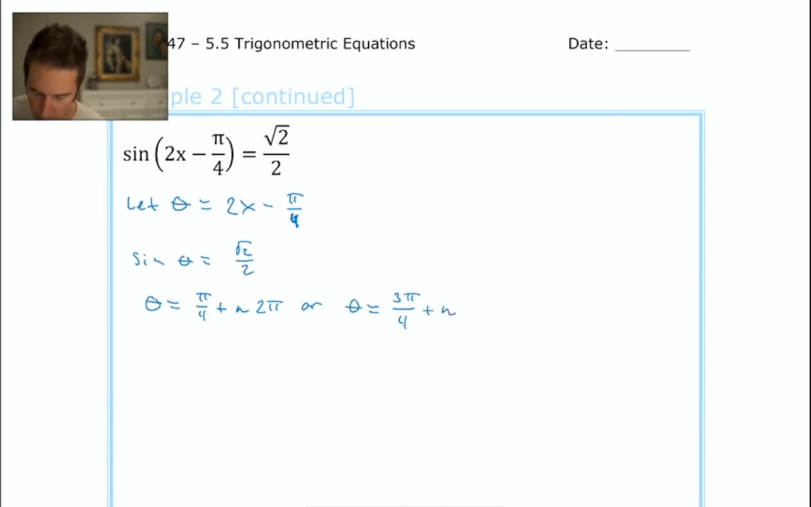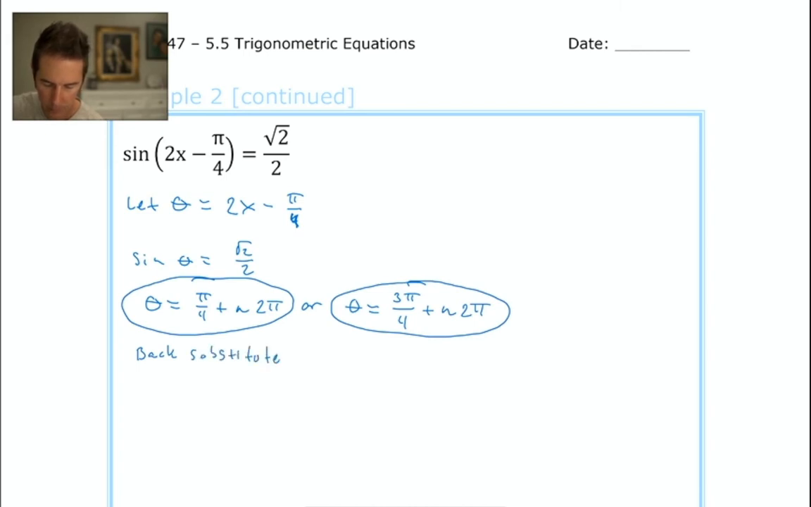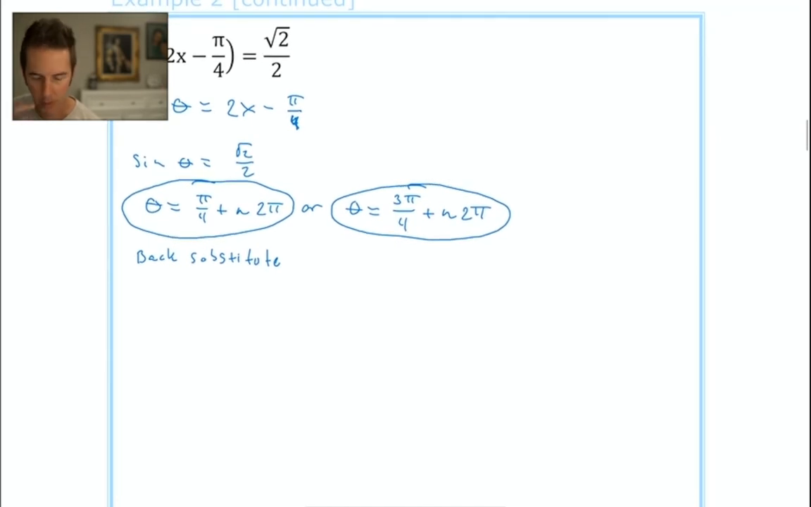Plus integer multiples of 2 pi. Great, so we've gotten to that point. I think I circled it in the last problem where I have my statements that represent my infinitely many solutions, all of my solutions. Now we're going to replace theta with 2x minus pi over 4. You can write back substitute. You can write replace theta with 2x minus pi over 4, however you want to phrase it. That's how I wrote it in the previous problem. That's what I'm going to do to both of these equations. So I have 2x minus